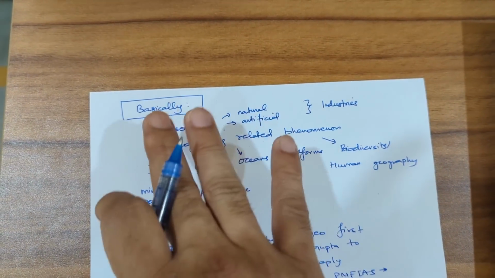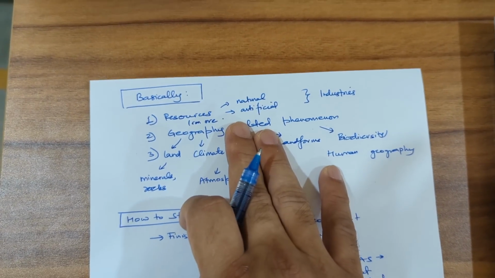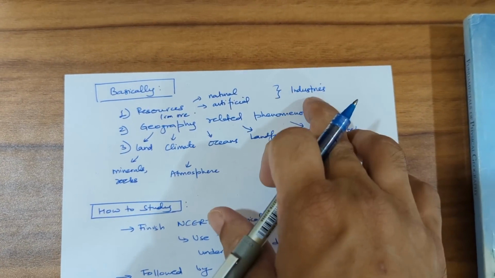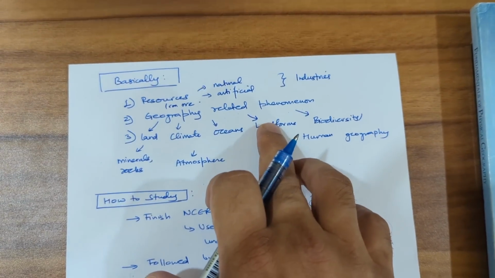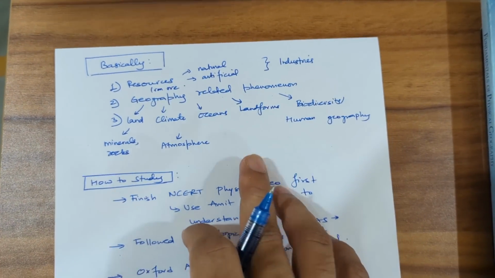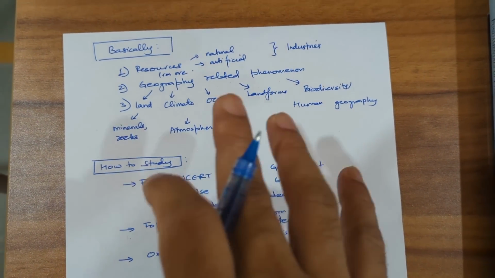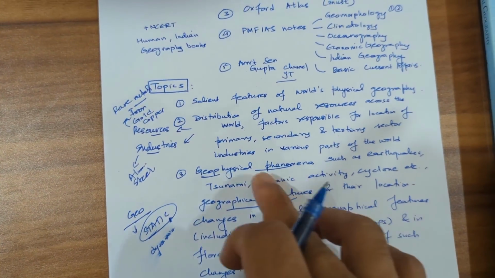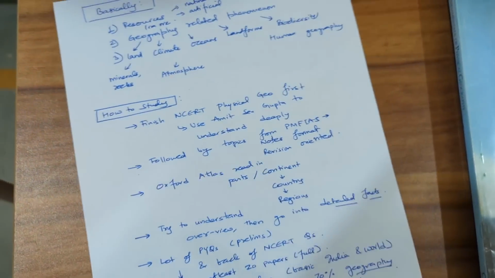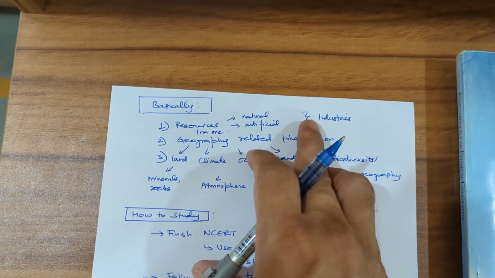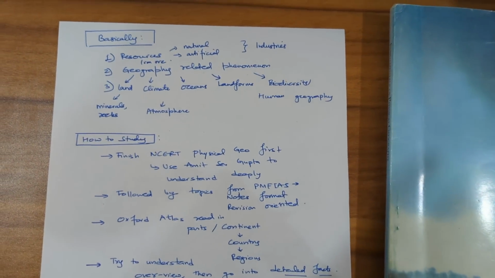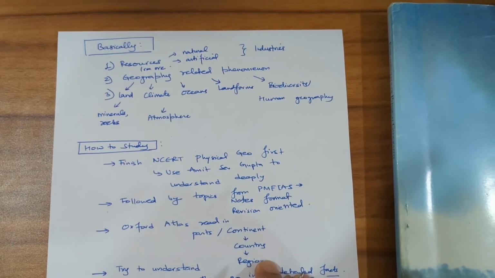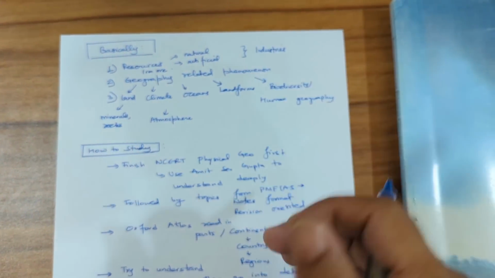We have to study the location of these sources across the world, and we have to study various industries that are located wherever they are located, and what are the reasons those industries are located there. All right, so that is one topic you have to study. So I used to break down all the topics. So this topic is given in UPSC about the sources. This is how I would break down that resources topic, and I will further break it down into smaller and smaller parts. I will look at the old question papers also to get this understanding of what kind of topics